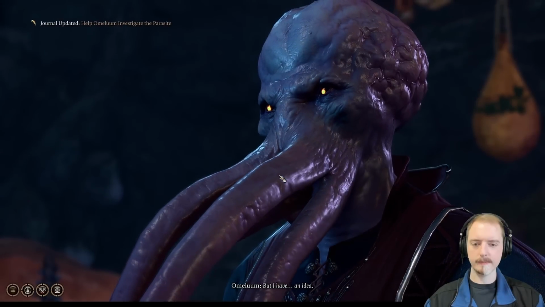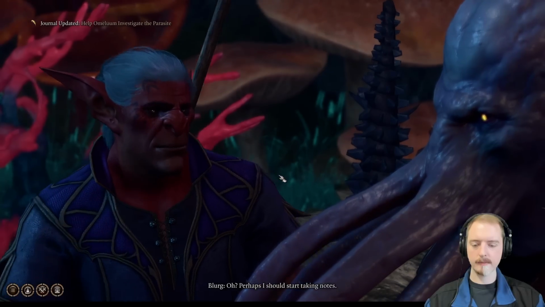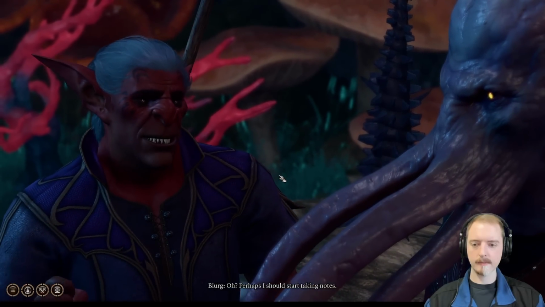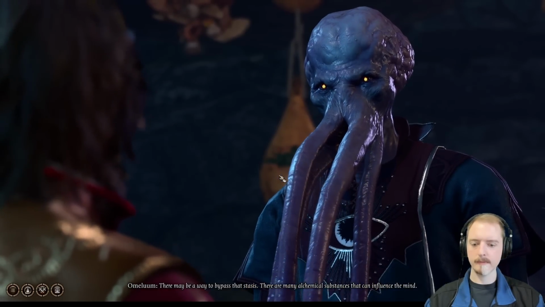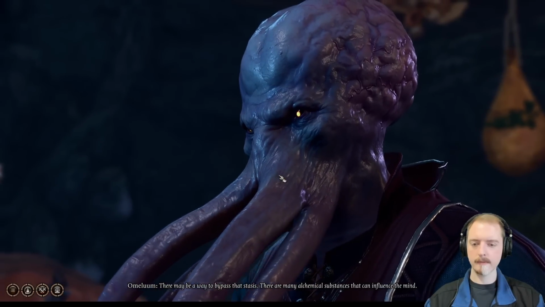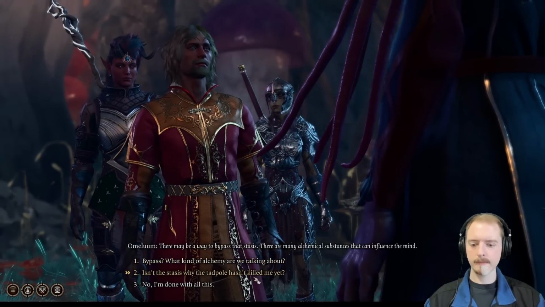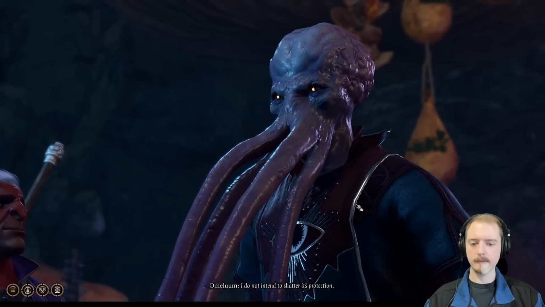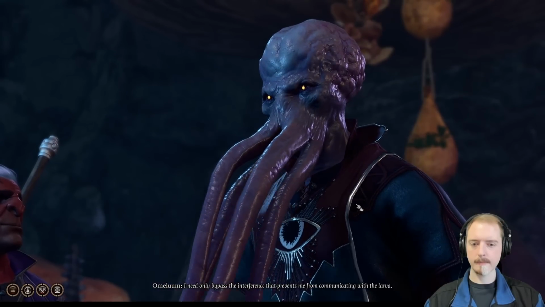But I have an idea. Oh, perhaps I should start taking notes. There may be a way to bypass that stasis. There are many alchemical substances that can influence the mind. I do not intend to shatter its protection. I need only bypass the...